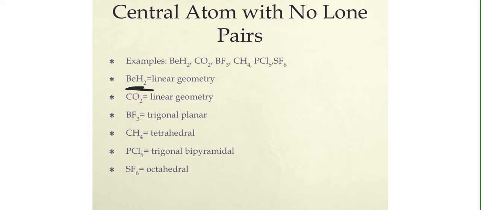If you remember from the last video and when I talked about these in class, this is one of those exceptions. You would think that beryllium, because it's a metal, is going to form an ionic bond, but based off of the fact that it loses 2 electrons, it does not follow that perfect octet rule. So it generally forms molecules. I would say this is one of the easiest concepts when it comes to molecular geometry,